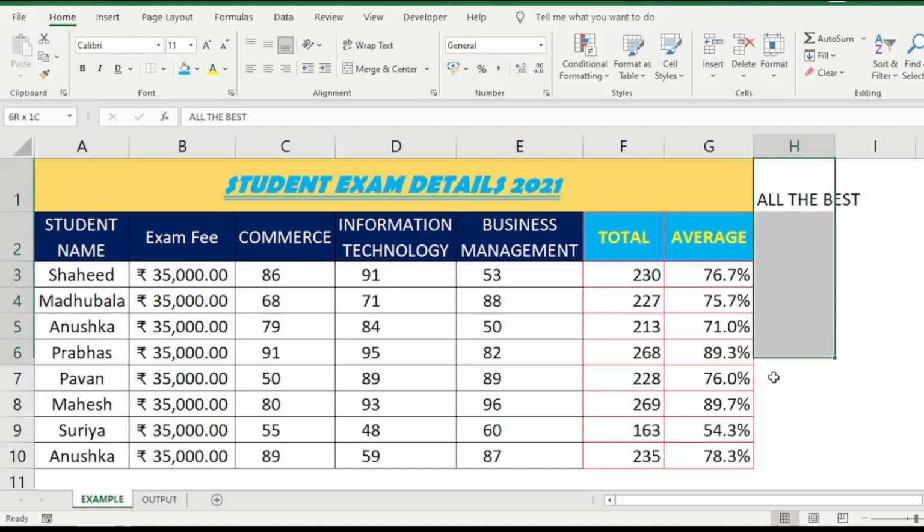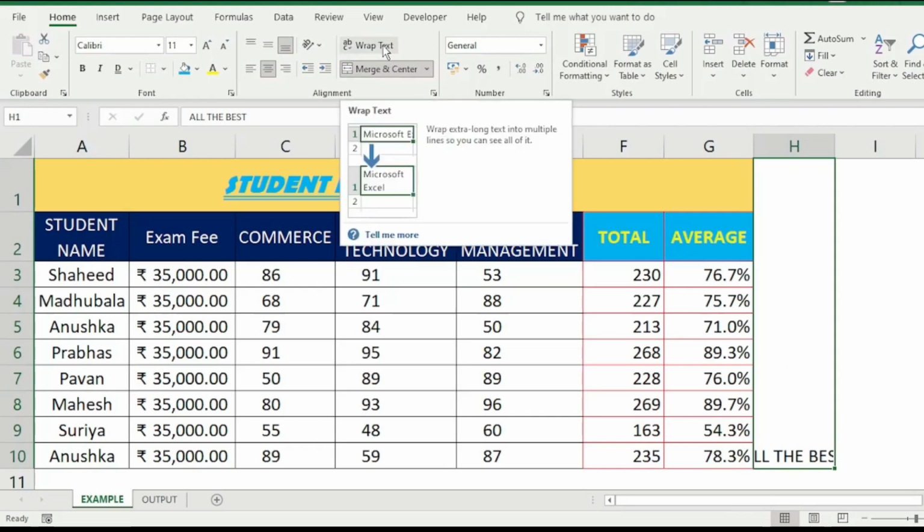First select the data and then select the empty cells where you want to merge, and then merge. Now your data is sitting here, but it is not visible over here; only part of the text shows and the remaining data is not visible. To make your data visible, or to fit your data within one cell, we have to use wrap text. If you click on this wrap text, what happens? You can see your data within the cell.